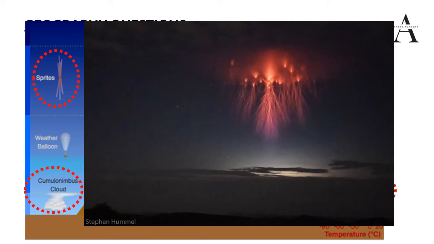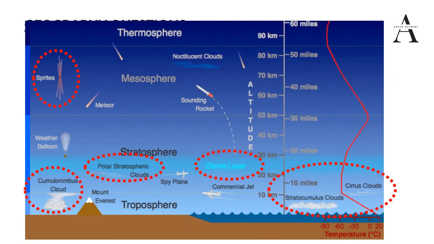But these lightning sprites, also known as red sprites, happen in Earth's mesosphere. However, scientists are still studying the reasons behind it, but they are associated with thunderstorms. Next, within the mesosphere itself we will also find